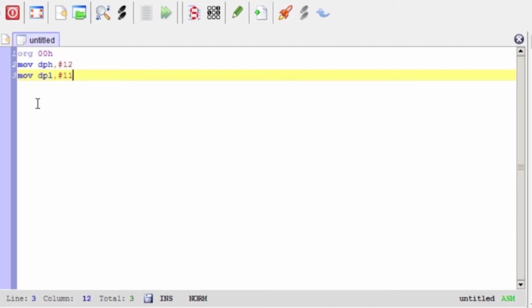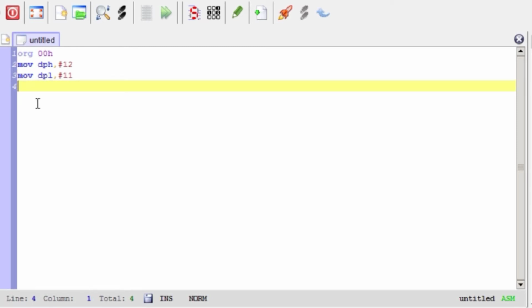So we have entered the 16-bit data, that is 1211. The DPH means data pointer higher byte and DPL means data pointer lower byte. So this is a 16-bit data which is stored on the data pointer.